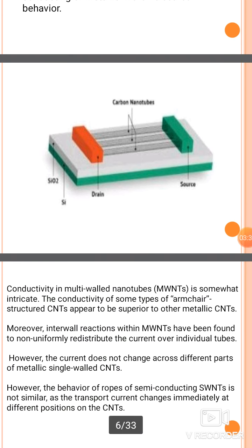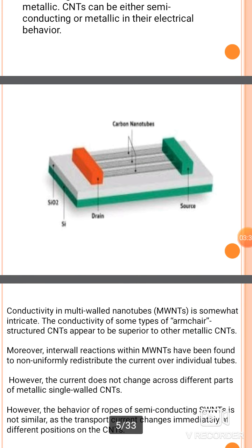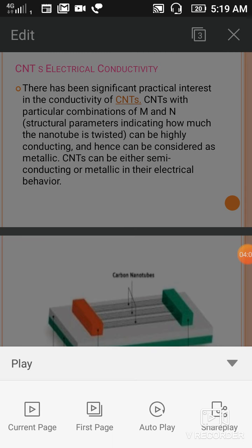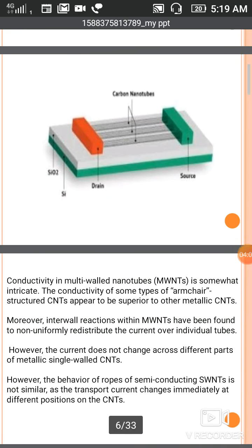And here I am giving a diagram for this carbon nanotube and silicon dioxide. You already know about the electronics: it is drain, source, gate. It is a basic electronics concept. Here we just introduced the carbon nanotube, and we applied silicon dioxide, SiO2, as an insulating layer, just coating the carbon, and again P type and N type materials, so we just connected drain and source. This is an electrical conductivity diagram.